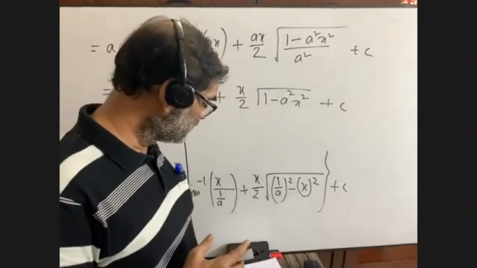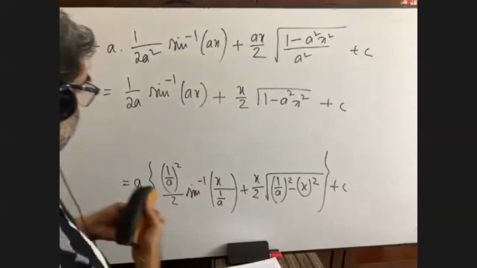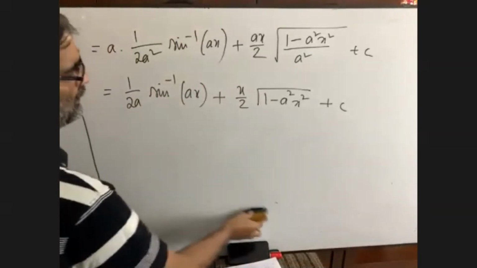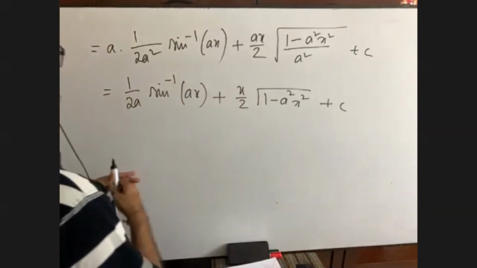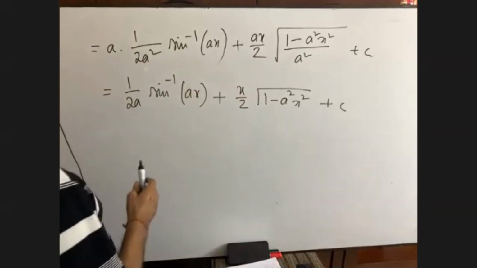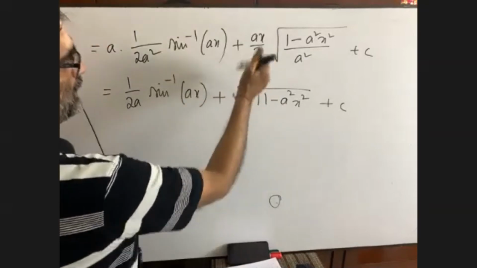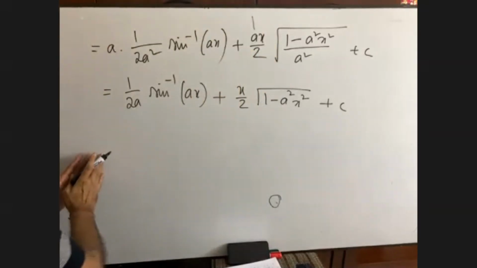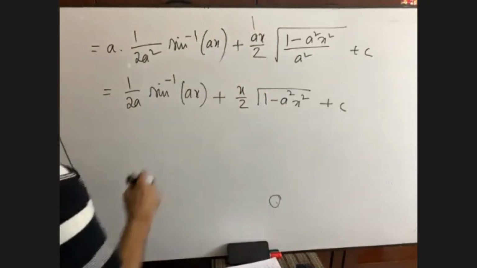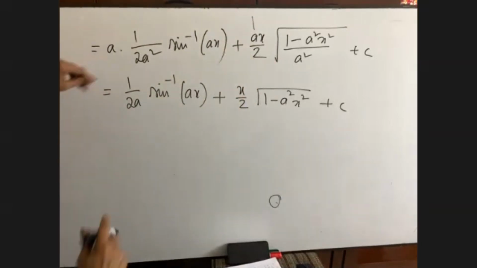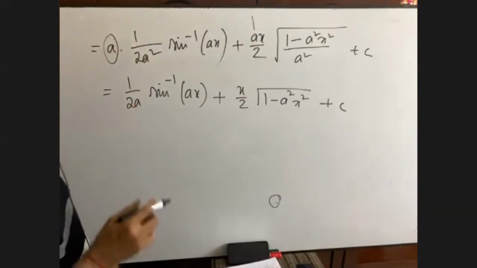Hello, everybody. Sir, in the line before the last line, I cannot understand how ax by 2 came. This one. Yes, sir. Here it was written x by 2 and a was outside the second bracket. So we have multiplied x by 2 with a. Can you remember a was taken common? Yes. Sir, I understand now. Okay.